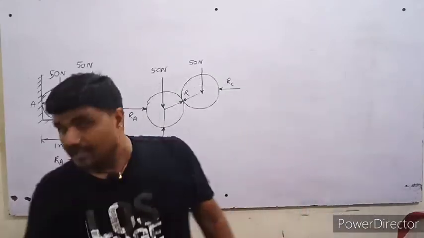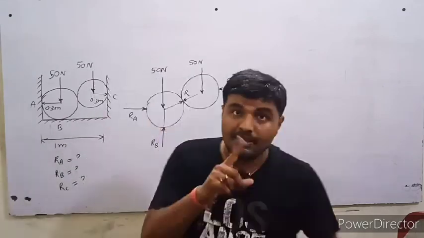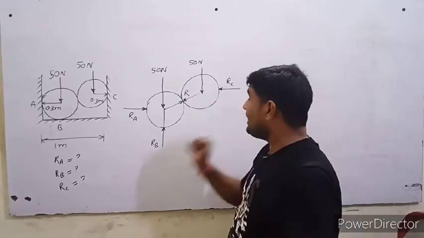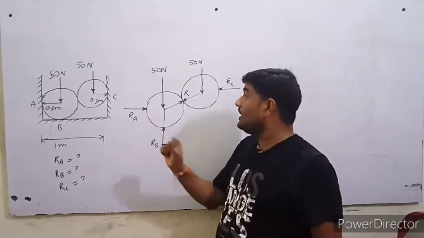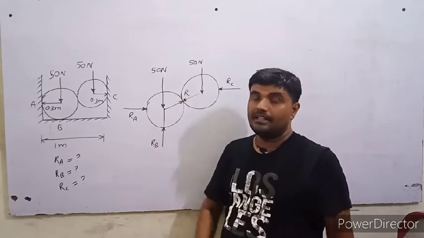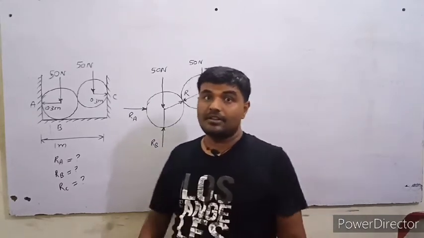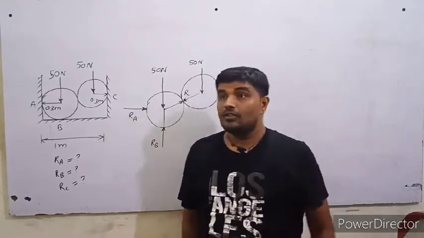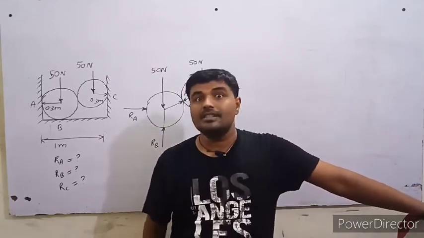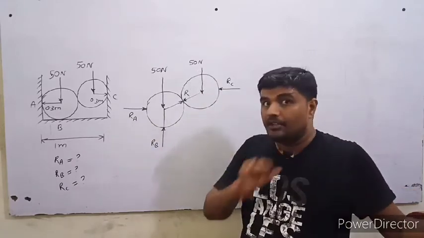So students, basic procedure is, if we have more than one roller, first we will choose that roller on which minimum unknown is acting. If I choose this roller, how many forces are acting on this? RA, RB and R. But we have only two equations for the coplanar concurrent forces, that is horizontal 0, vertical 0. So with the help of two equations we cannot calculate three unknowns. So first we will choose that roller on which minimum unknown is acting.